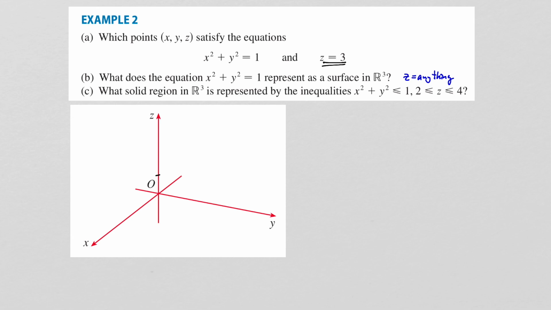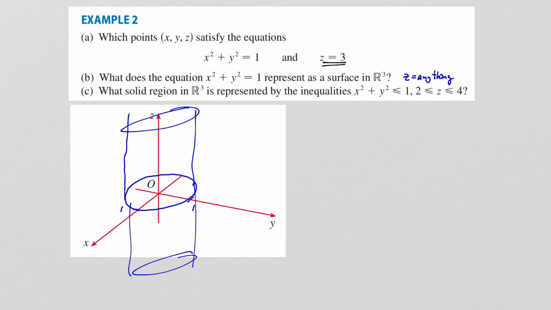So we know that x squared plus y squared equals 1 is a unit circle, right? So if I go to x equals 1 on the x-axis, y equals 1 on the y-axis, and if I create a circle there, we know that this would be the unit circle in the xy plane. But since z can equal anything, we got to choose all the points that are above and below that circle as well. And so what we end up getting here is an infinite cylinder,